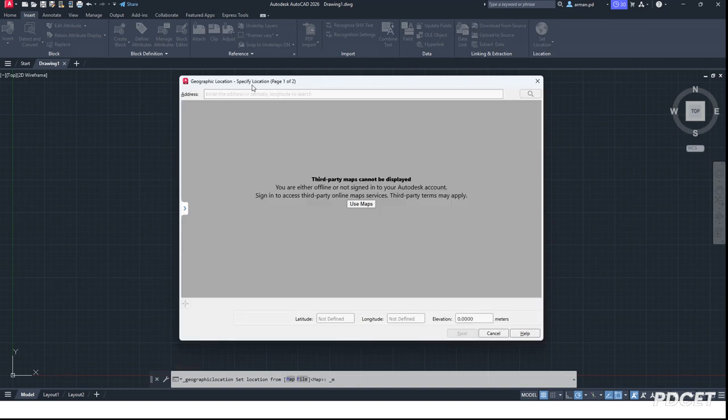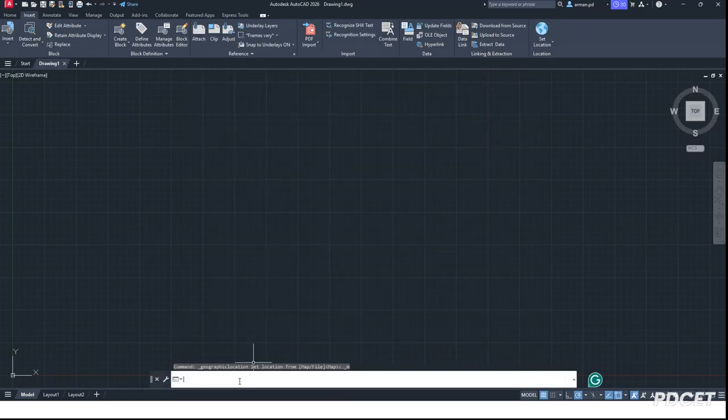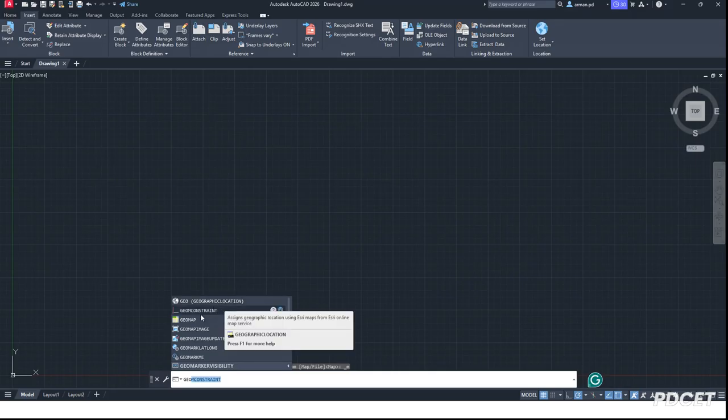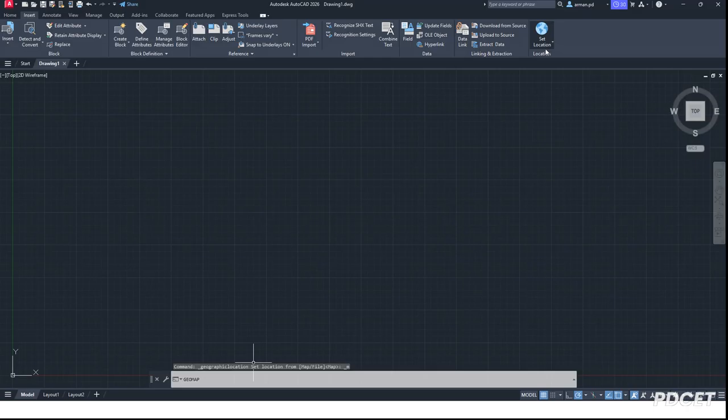So for geographic location, we can alternatively use the command geographic location from here, or directly geomap. So I insert from here, click on GIS map,